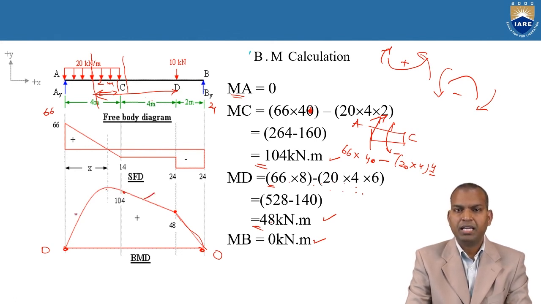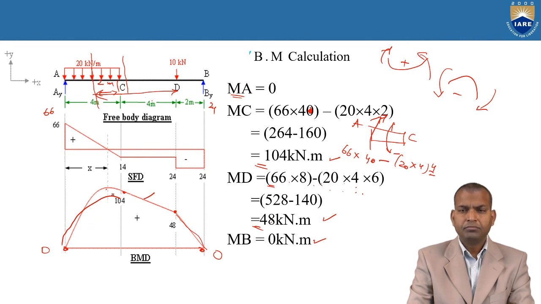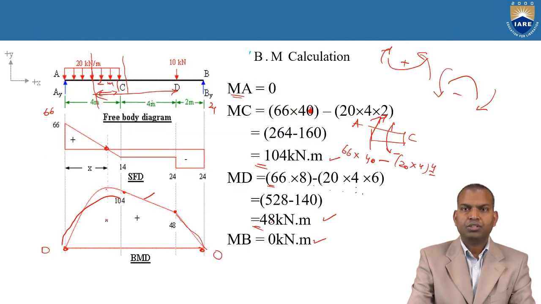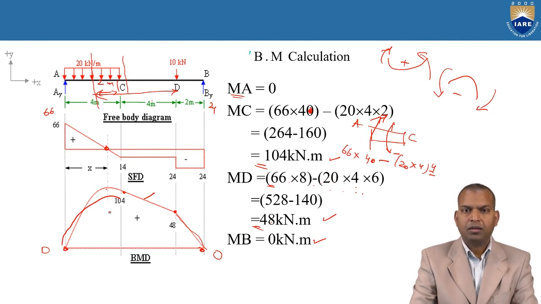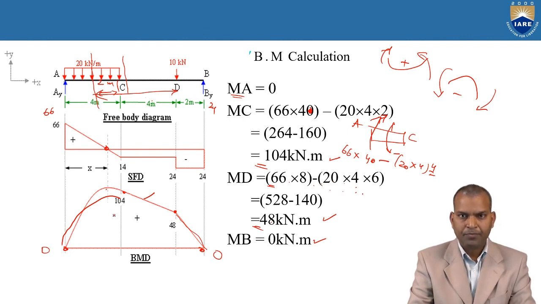Now point C to point A, what is happening? There is a parabolic law it follows. That's why the curve is a parabolic curve. So how is it varying? It goes up to the maximum and comes to 0. The maximum value can be found wherever the shear force is 0, where the bending moment value can be observed as maximum. So thus we can understand the shear force, and how to draw the shear force and bending moment diagram when a simply supported beam is subjected to UDL and also point loads.